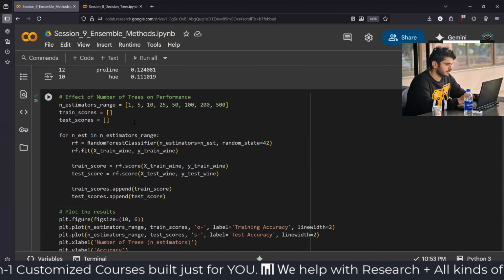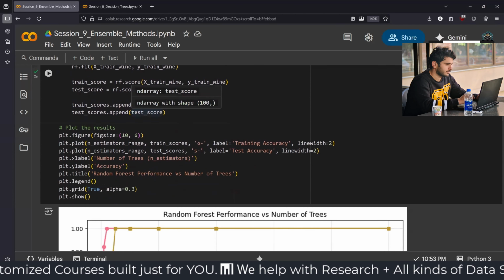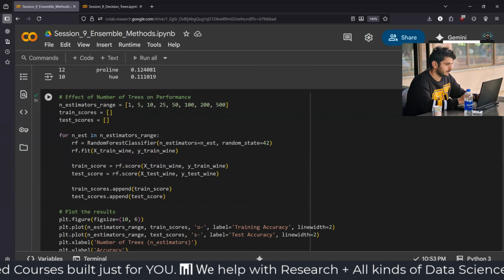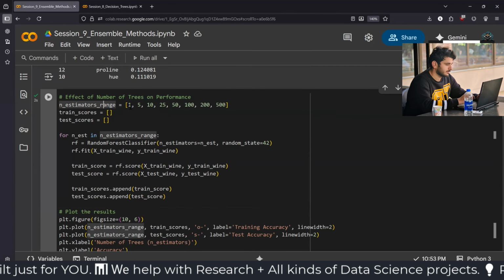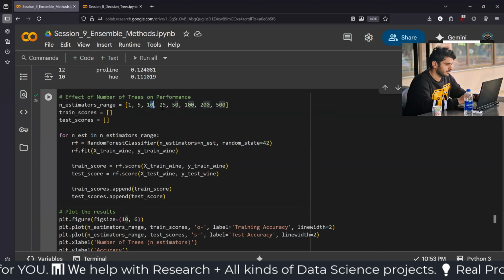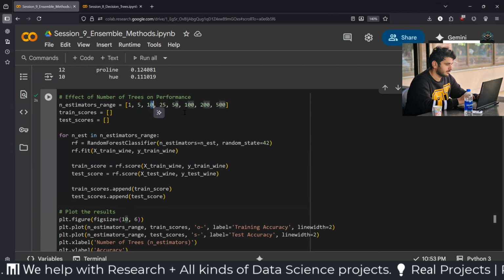Now we can check how accuracy works with the different number of trees. We can give it a range of different number of trees like 1, 5, 10, 25, 50, 100, 200, 500,